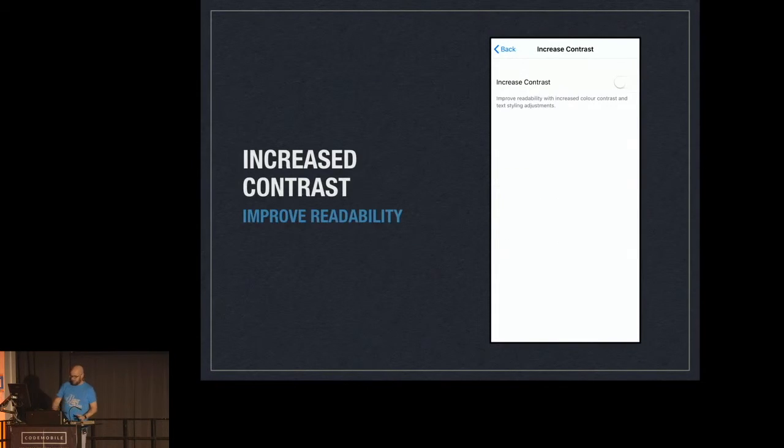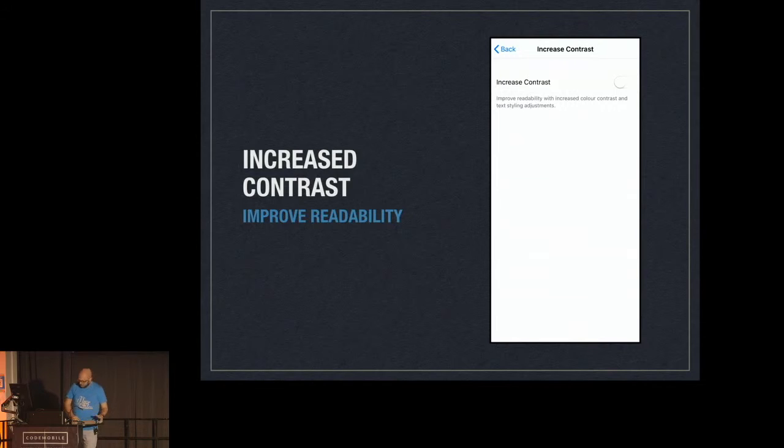So that was great. So then I repeated it again with increased contrast, which apparently improves readability with increased colour contrast and text styling adjustments. So flick that on, did the same test again. So it's slightly better than without any options on, but again, it was all about this night shift at this point. She was really enjoying the fact that this night shift. I really should have probably left that to last, but anyway, I just went in the deep end with that one because it was literally, even like I got a text message off her mum saying, "Can I have this night shift on as well?" I thought, you don't have Irlen syndrome, but anyway.